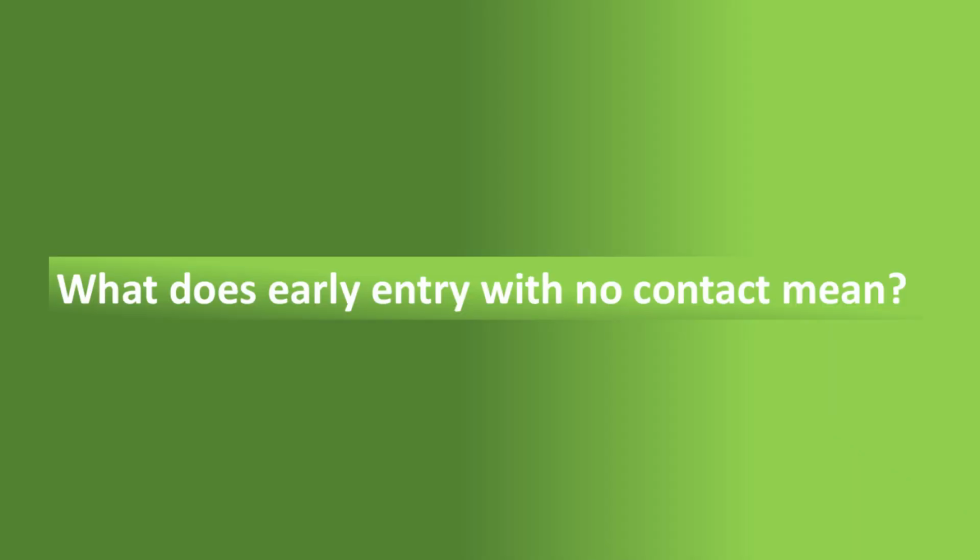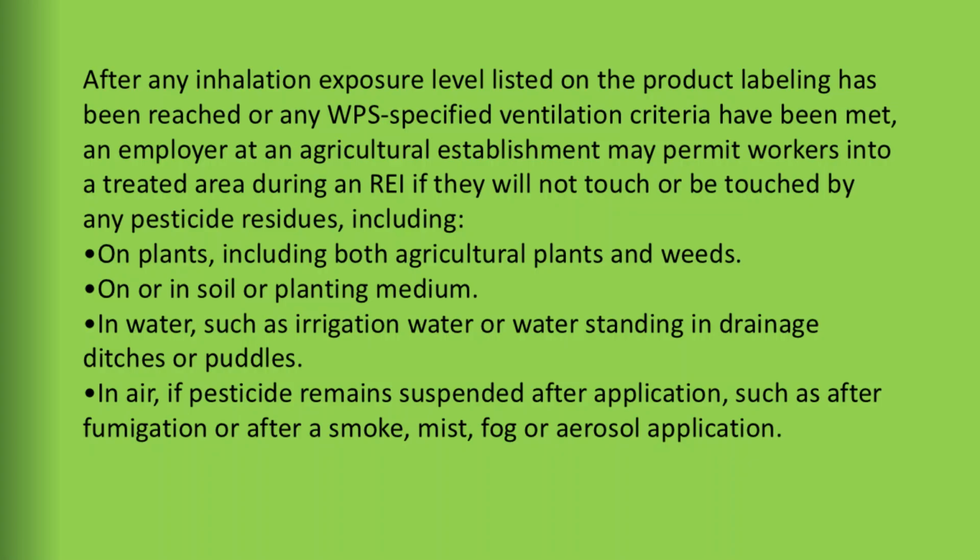What does early entry with no contact mean? After any inhalation exposure level listed on the product labeling has been reached, or any WPS specified ventilation criteria have been met, an employer at an agricultural establishment may permit workers into a treated area during an REI if they will not touch or be touched by any pesticide residues, including on plants, including both agricultural plants and weeds,